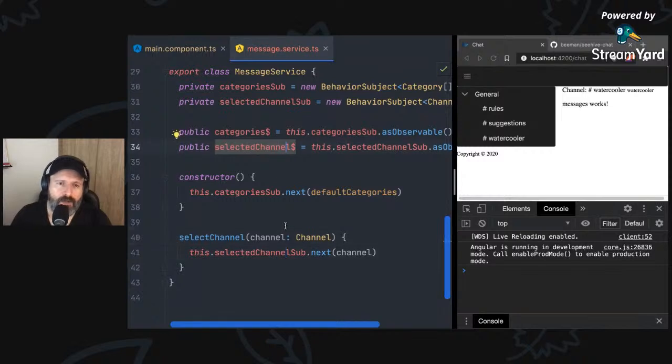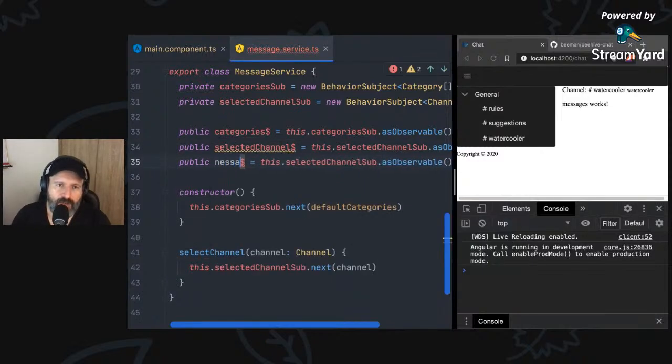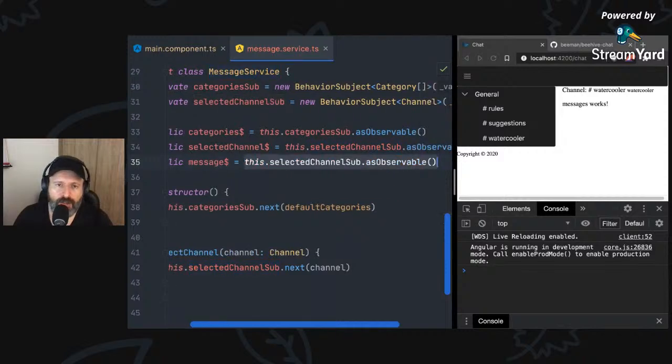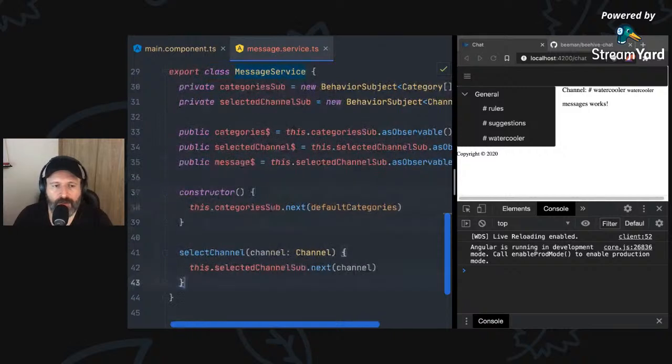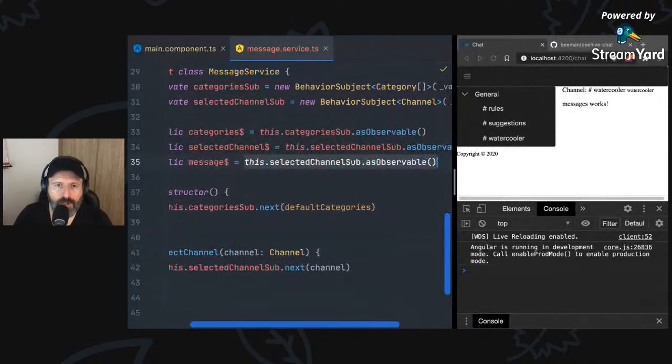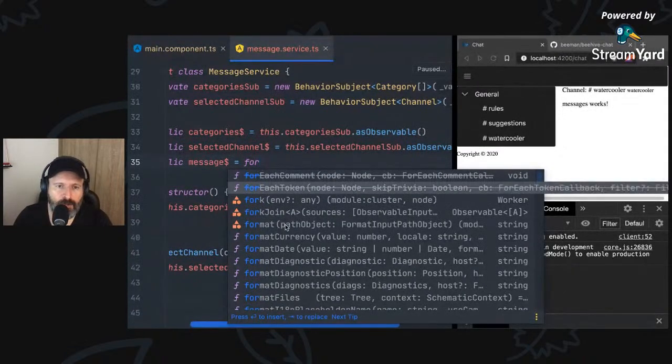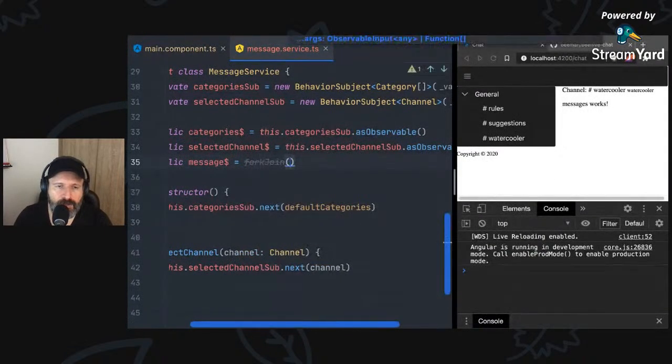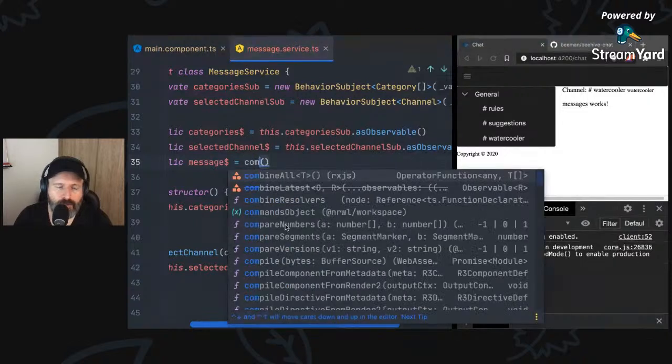I think we should eventually just have a messages observable that we can subscribe to, and the heavy lifting should be happening here. So basically, after selecting a channel, we need to make sure that these messages are returning the right one. So what might be the case, what I want to do,